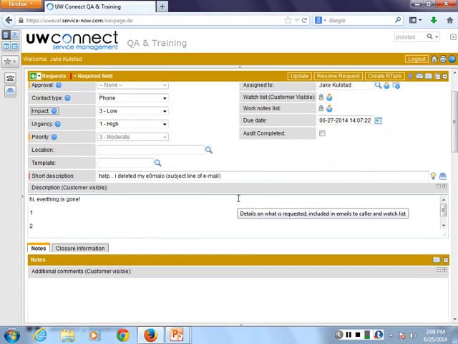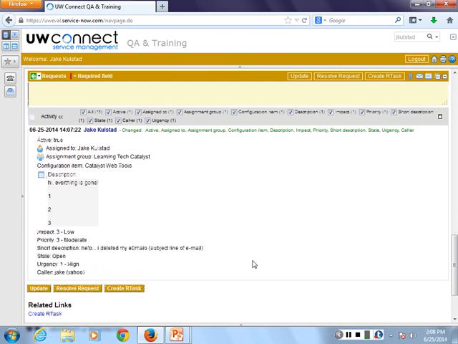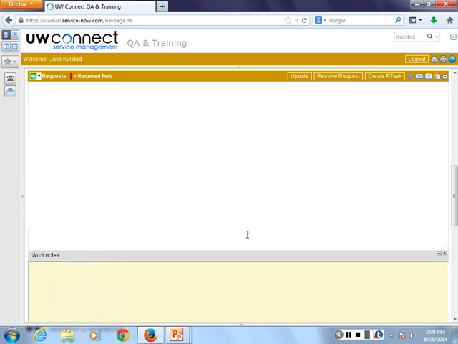Let's scroll on down. We can take a look at the description. If you were to scroll beyond that, we can go all the way down to the log. And I do recommend before working any record that you do scan the log, because this is a new system, a new process. A lot of information is going to be generated in the log here, and you want to get familiar with that.